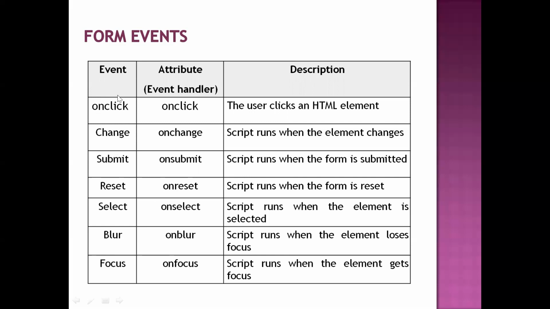Okay, so on the form, we'll see the buttons. Whenever you press the button on the form, an onclick event will be generated automatically. This onclick event is generated because of the buttons in the form. Now the change event: whenever you change the text in the text field, or whenever you change the options in any of the form elements, an onchange event will be generated automatically.